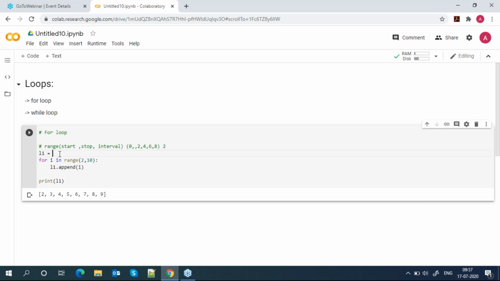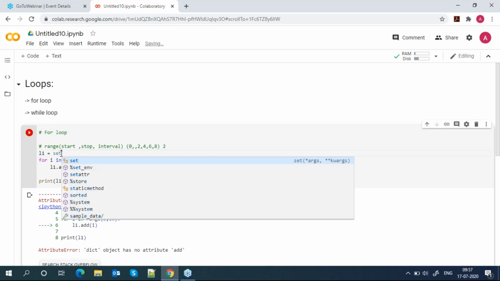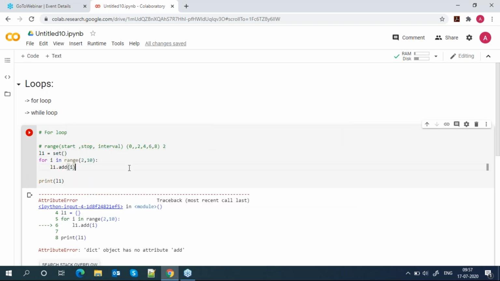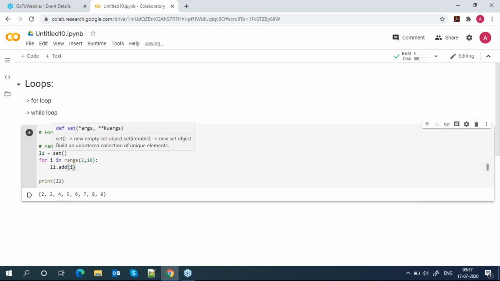You can use a set also, but you cannot use a tuple to store the value.